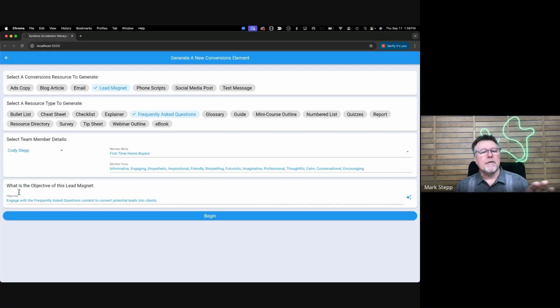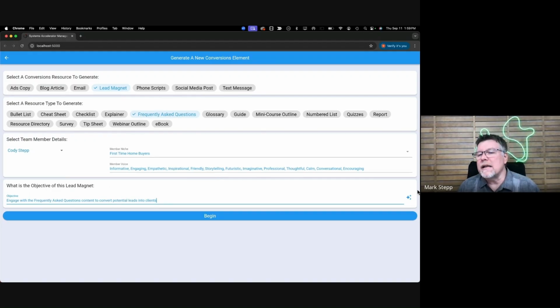And then we had a place in here for the objective. So you'd come in here, and based off of creating a lead magnet, based off of being a frequently asked questions piece, it would create a very basic objective as kind of a hint for what you really need. So then you could come in here and type in exactly what you want to create. The problem is people aren't always creative. And that's really been the whole deal of this: let AI do the creative part.